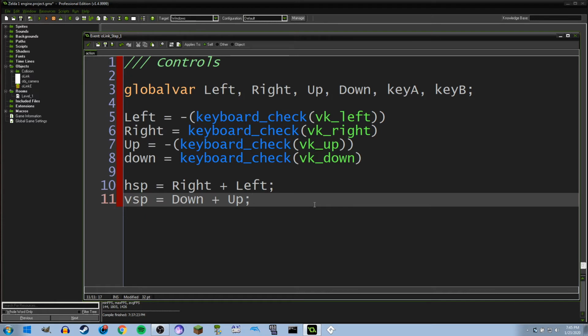Okay, so what the hell is this? So basically, when you define HSP as right plus left, it's taking the value of right, which in this case will always be either 1 or 0, and it's adding the value of left, which in this case will either be -1 or 0, or in this case -0, but that doesn't matter. Anyways, so